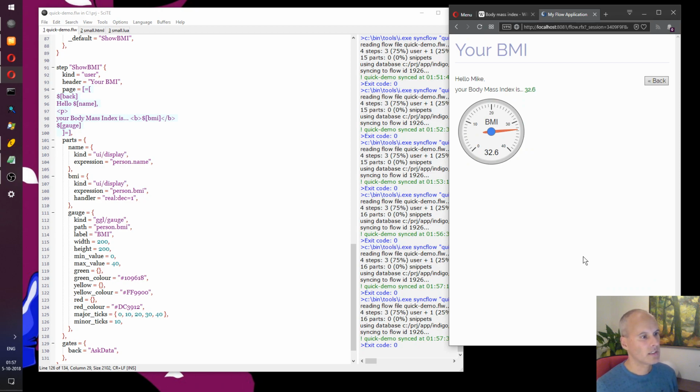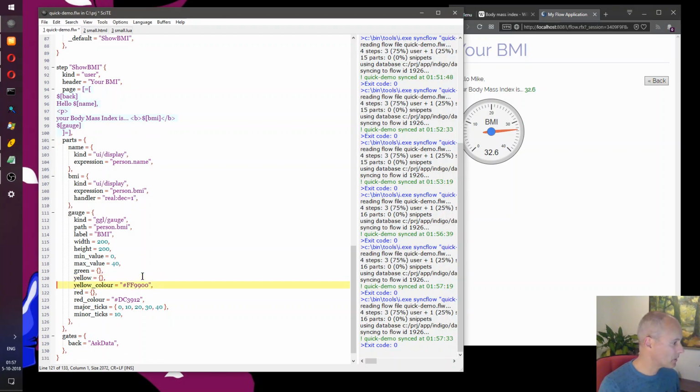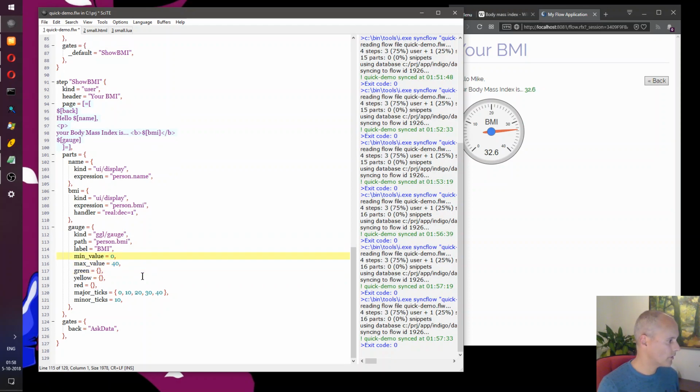Yes, this makes sense. And we don't need to provide any specific colors, but we can provide 3 ranges. The green range is an OK range, and the yellow and red are the below OK and the above OK, I think. These are fine. We don't need them.